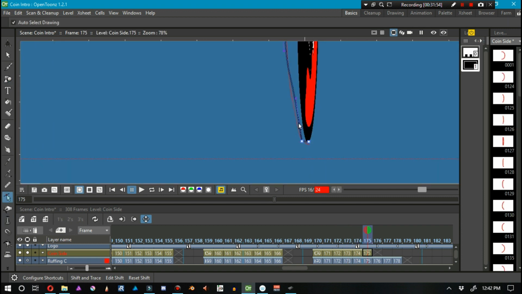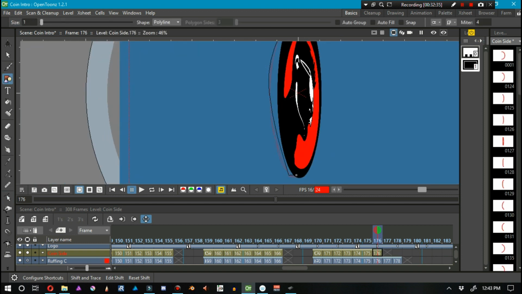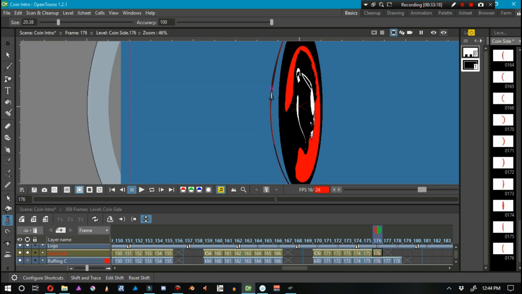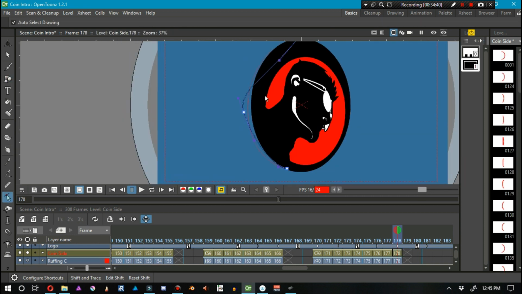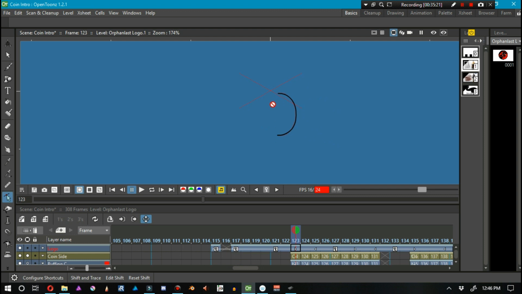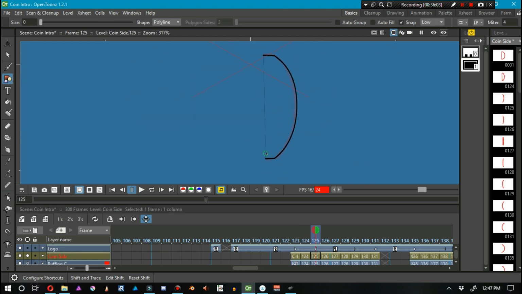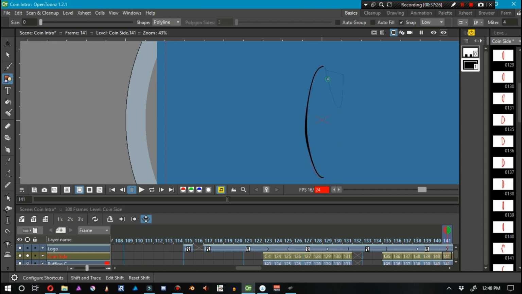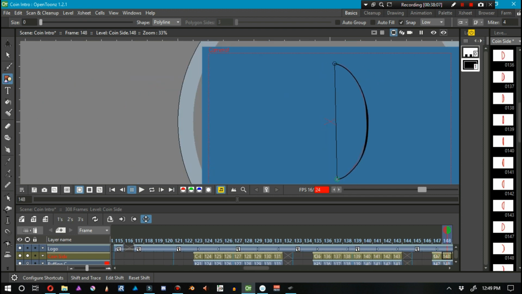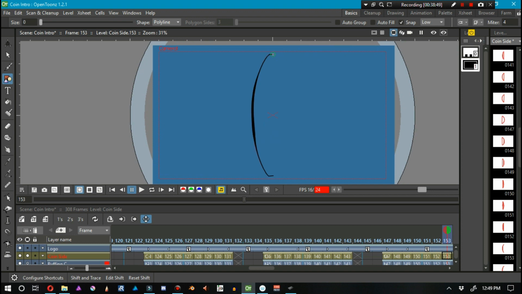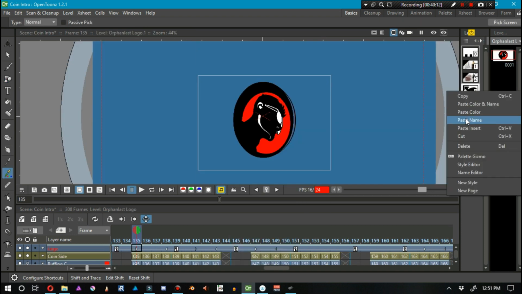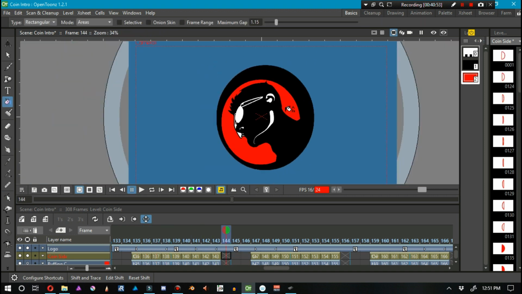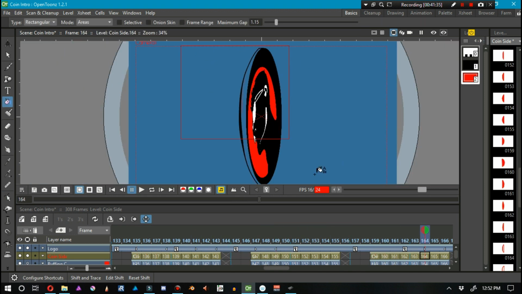And cleanup is already a really aggravating process. And seeing as using the polyline is the most effective way to do cleanup, and it still requires you to transition from the control point editor to the polyline, and then back and forth in order to get it perfect, it just seems like, well, it'd be great if the polyline could work just like the pen tool in OpenToonz. It just gets kind of frustrating.